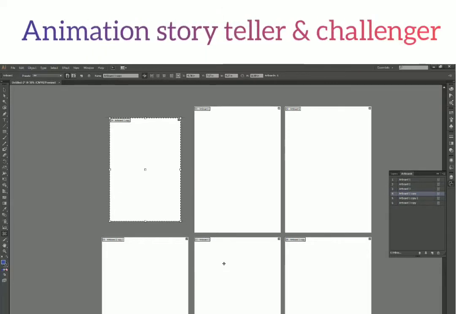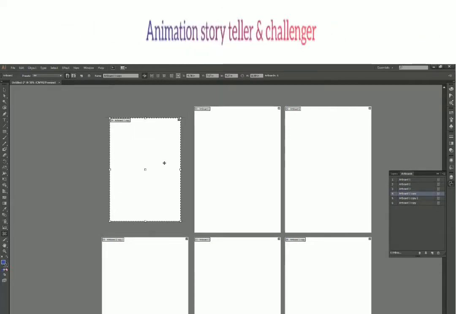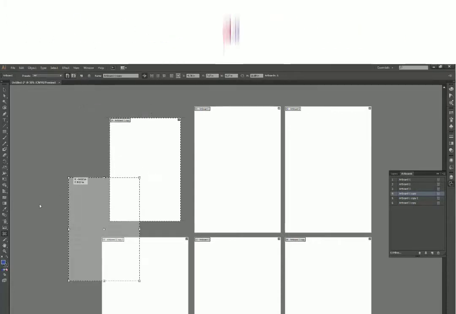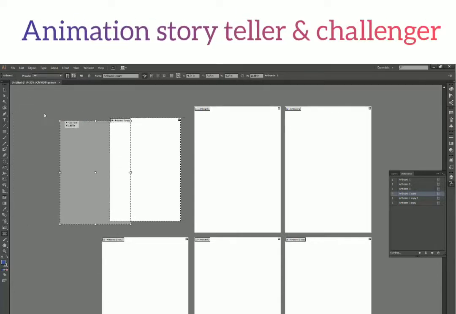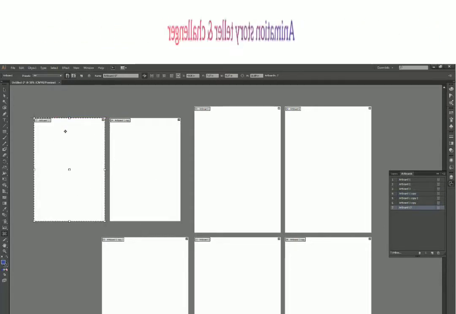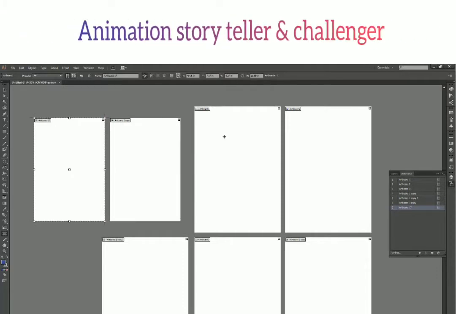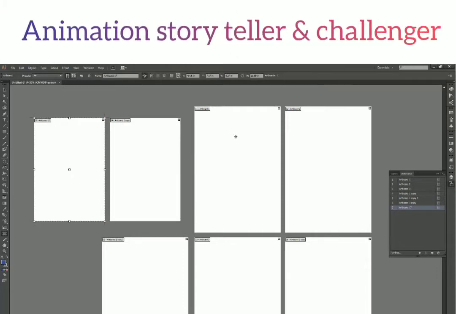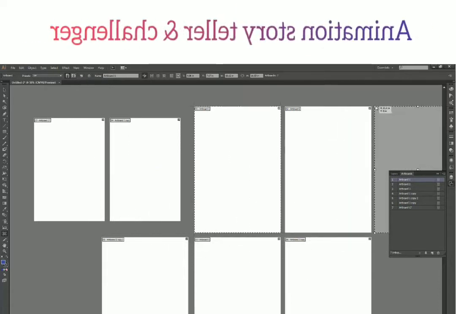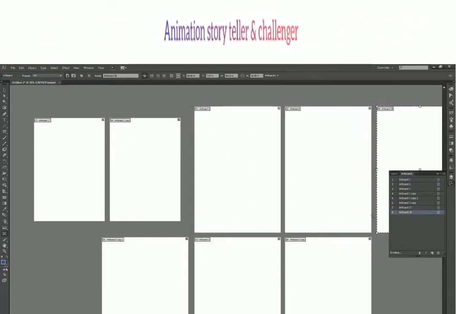Now one thing you may notice: if I select this artboard and click on new, the new artboard is the same size as the selected one. And when I select artboard 1 and click on new, I get an artboard of B4 size.